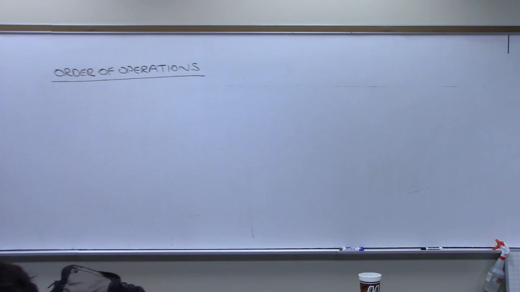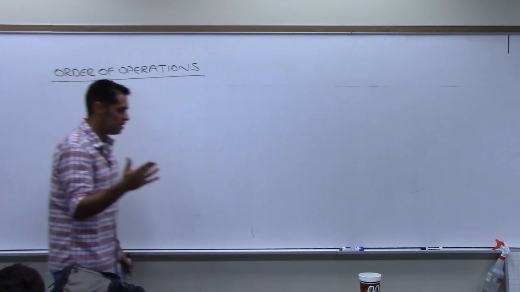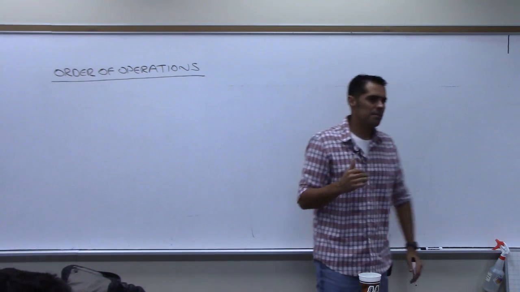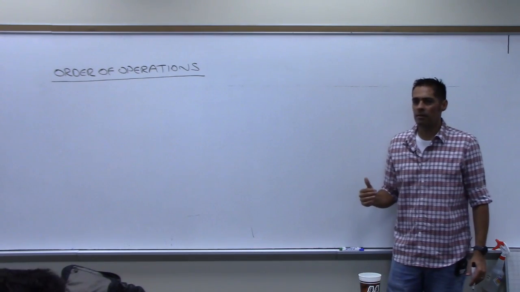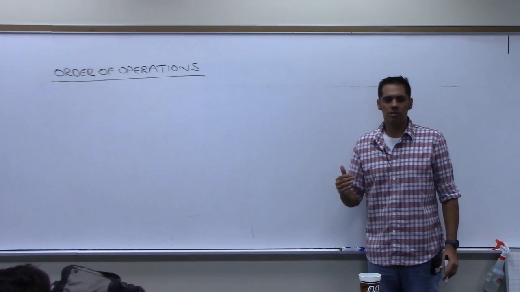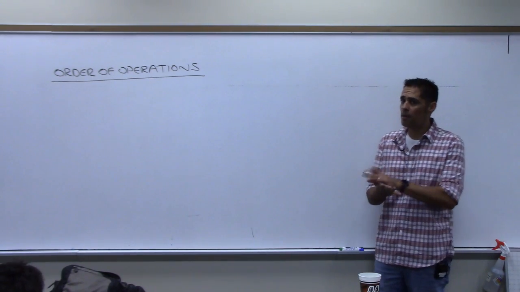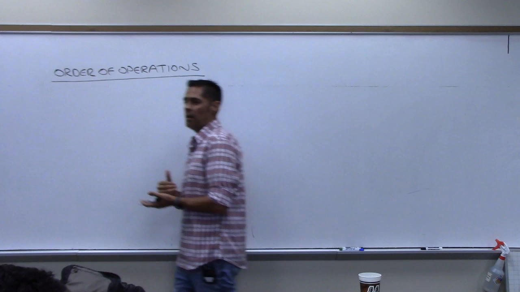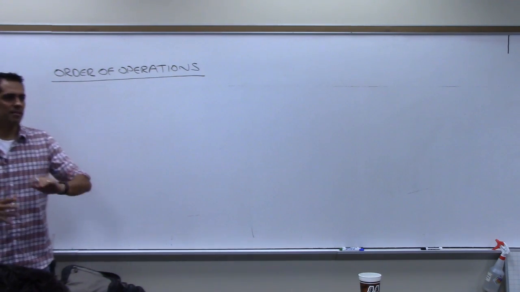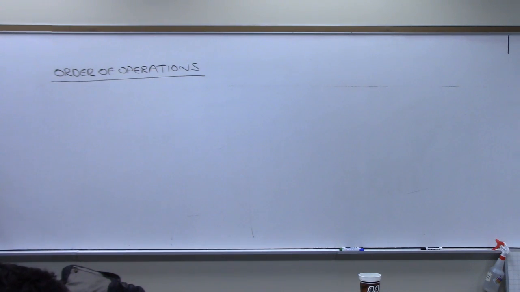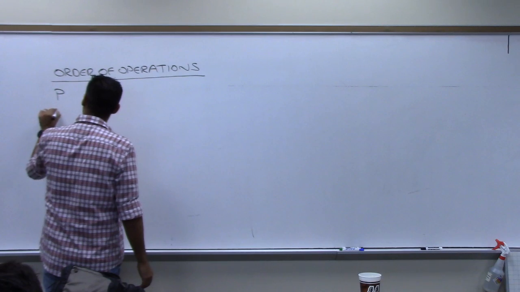As good as the math that we use in our world is, there are some things that we all have to agree upon, or else we're going to get different answers. For the same problem, we might get different answers. So we all had to agree upon a certain order in which we'll do things. It wasn't written down by some supreme being that this is the way it has to be. We just all agreed this is the way we were going to do it. And this is the order that we use. Anyone remember what it is? PEMDAS. I'll write it vertically.